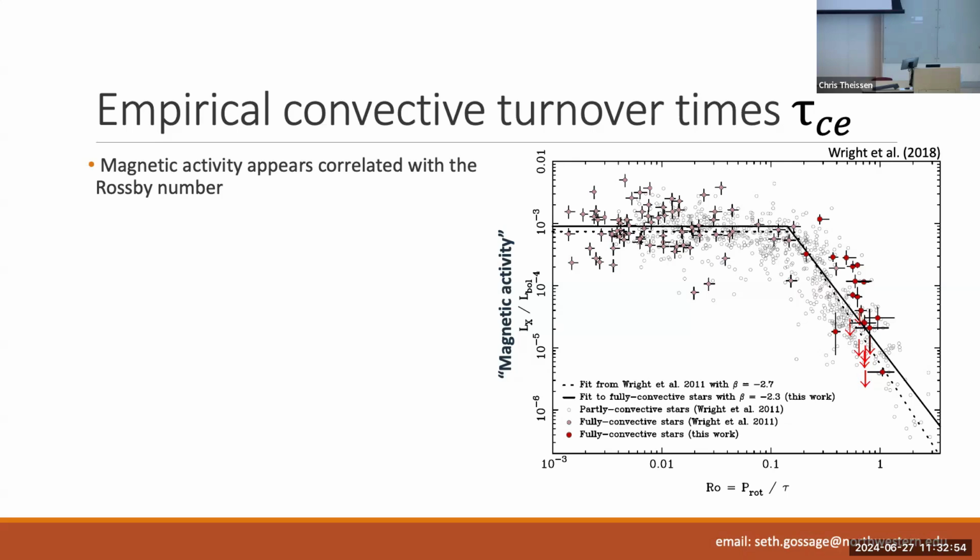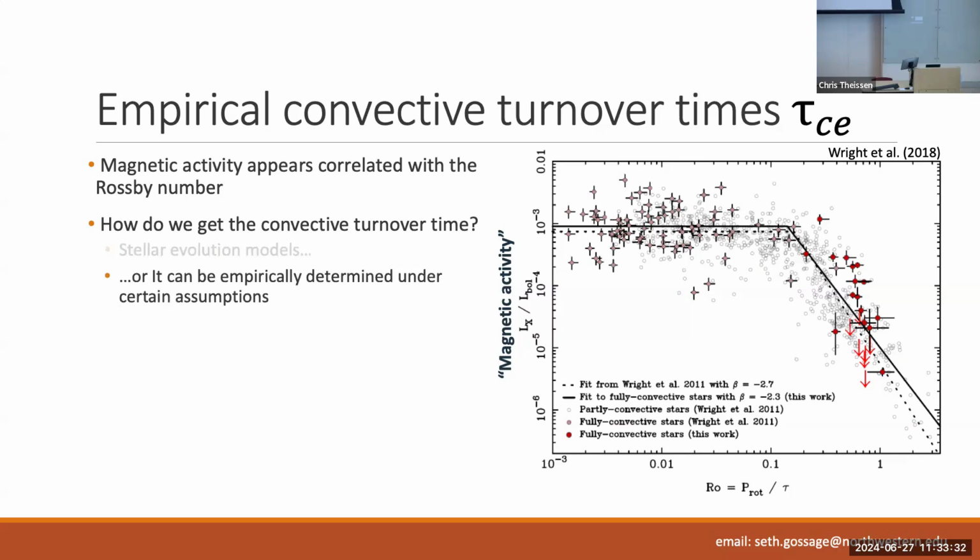And as Angstar mentioned, the convective turnover time is something that we don't really know what this is. We can measure rotation periods of stars, but we can't measure the convective turnover times of stars. But in order to get this relationship and calculate Rossby numbers, we need the convective turnover time. So how can we get it? One of the ways we can do this is by using the theory on which convective turnover times are based, and use this to calculate the convective turnover time via stellar evolution models. But another way that I'll go over briefly